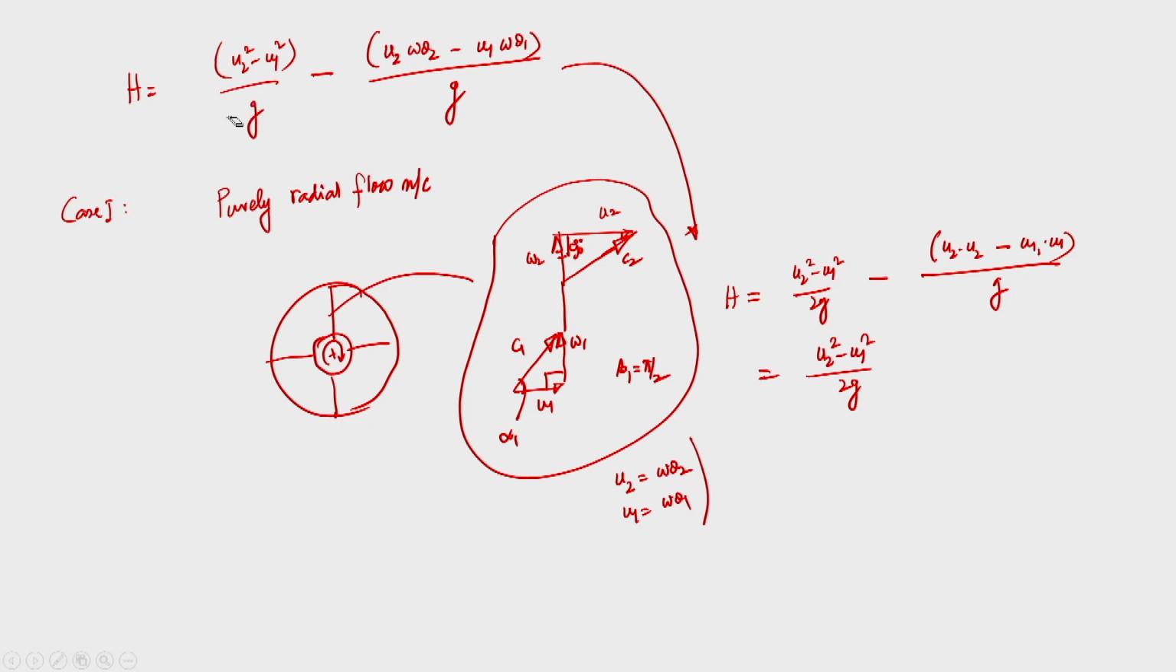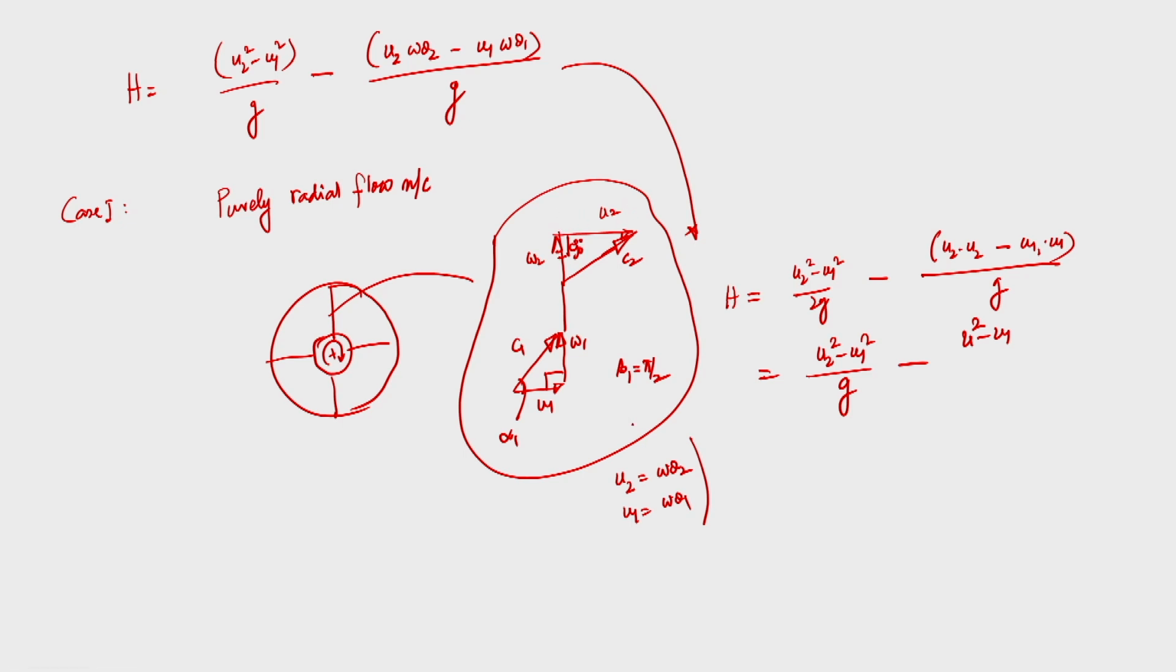by g, minus (u2 w theta 2 minus u1 w theta 1) by g, and that would be equal to u2 square... w theta 1 is equal to u2 w theta 2 and u2 w theta 1. So, you can see that the u2 w theta 2 and u2 w theta 1 will be equal to again u2 square, because here